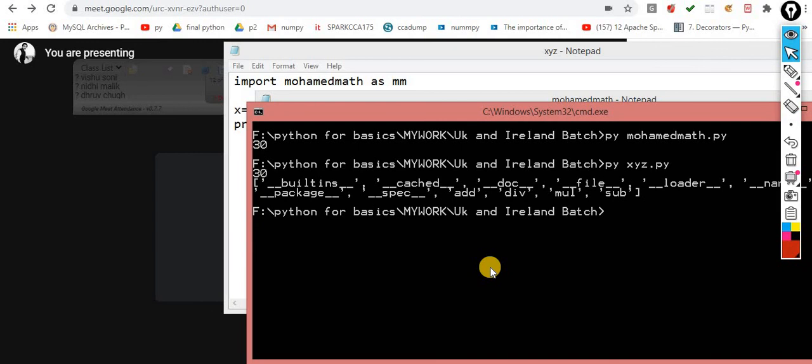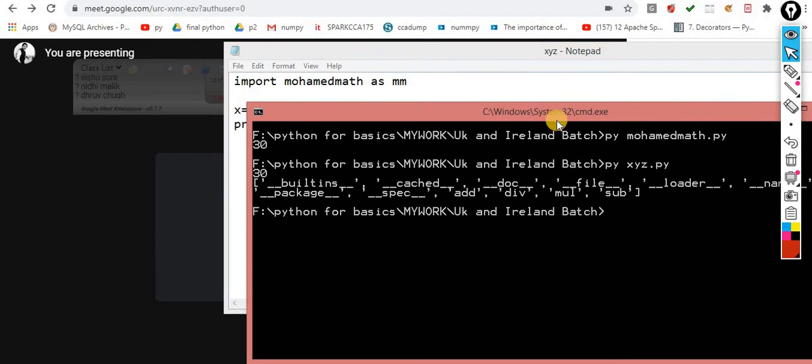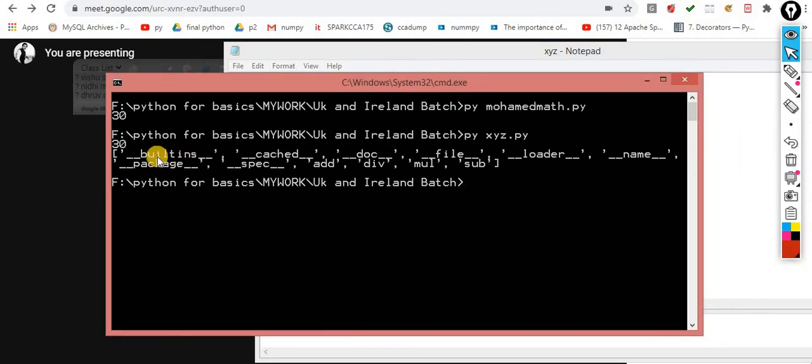Dir is a method which gives you the specification of what is inside that particular module. When I print dir of Mohammed math, by default my Python program automatically created these variables.